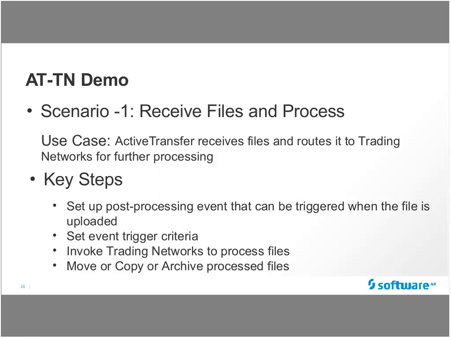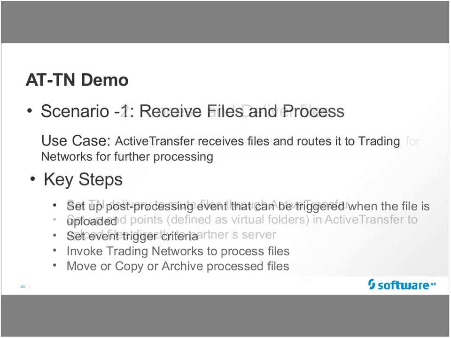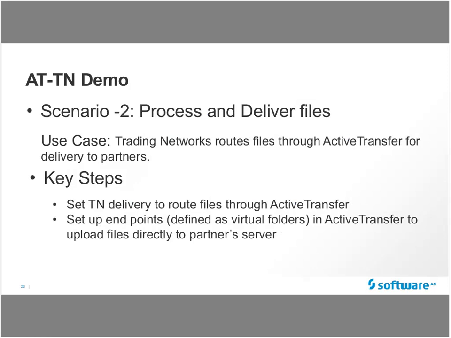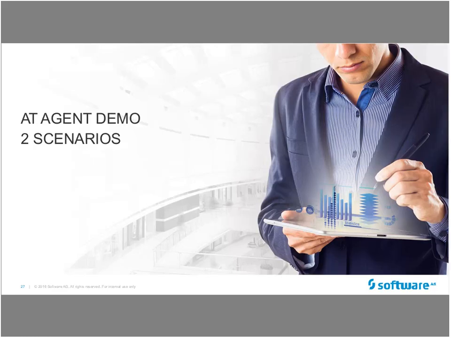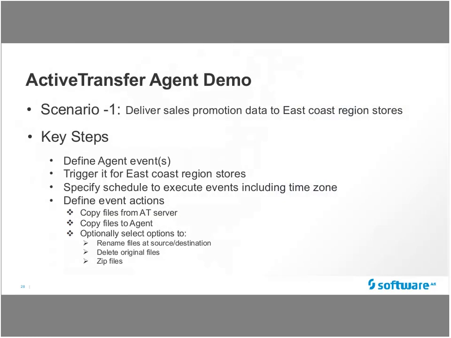The first demo is receiving a file: once I upload the file into a specific location, I process the file. And the second is to process and deliver the file from one location to another location. So that's one scenario, which involves TN as a service. And the second scenario with the agent would be that I would like to get the file from a specific folder location which is on the agent, process the file, and persist the file into a local directory system by changing the name. That's one scenario. And the second scenario is copying files to the agent directly,